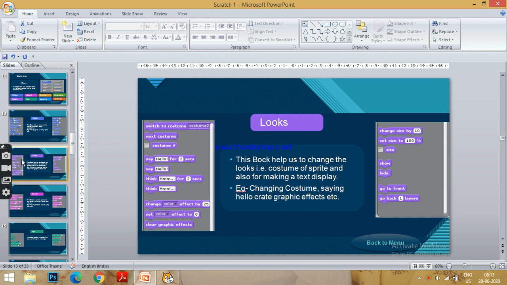In one costume the leg was pointing towards the back, whereas in the other the cat's leg was pointing ahead, isn't it? So with looks, we can change the costume. We can also create some graphic effects, isn't it?